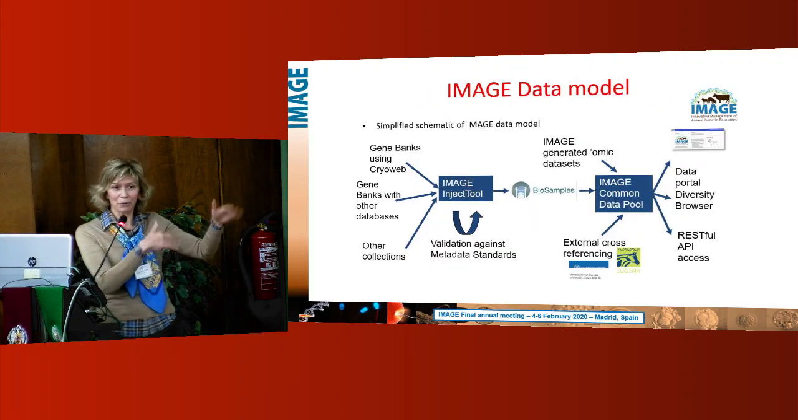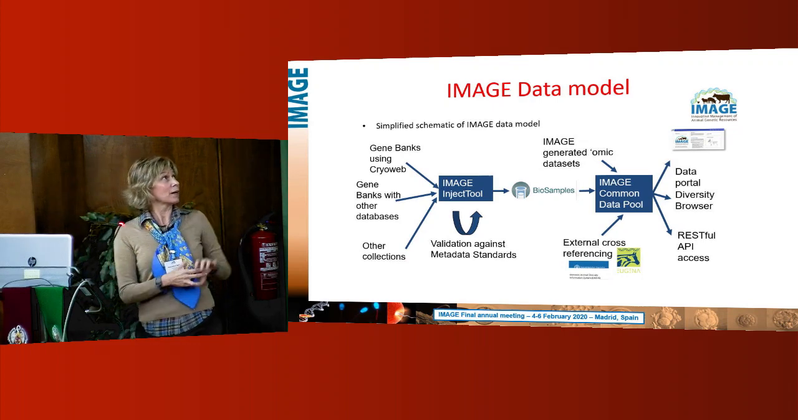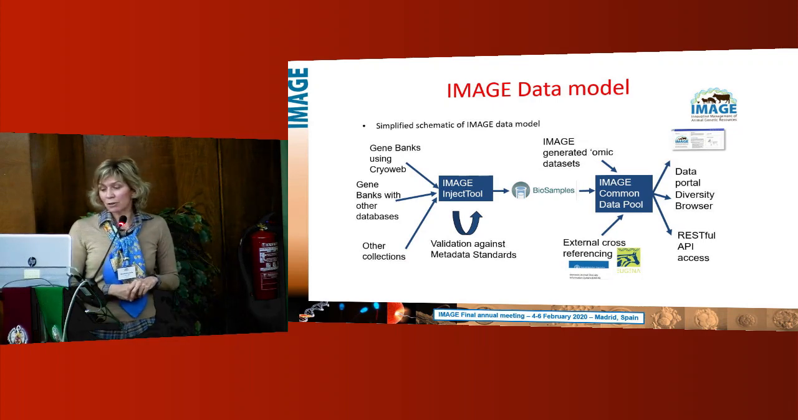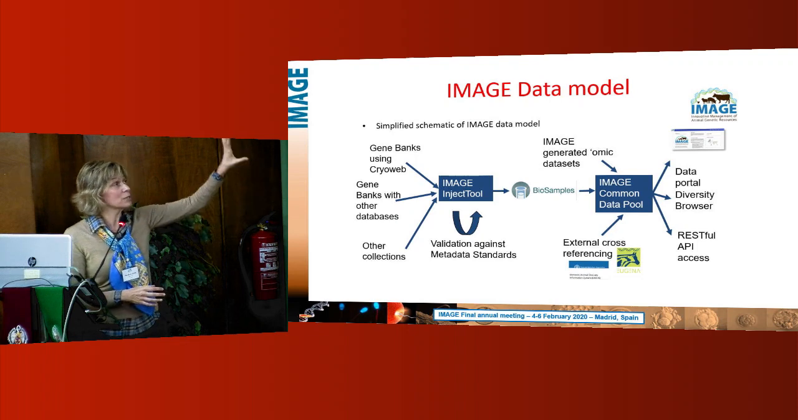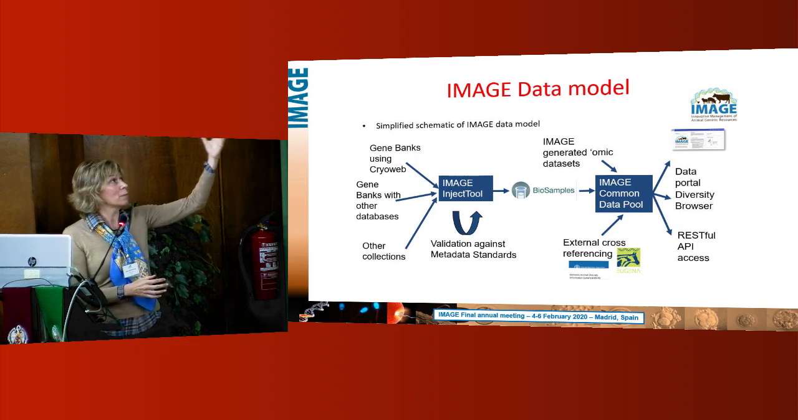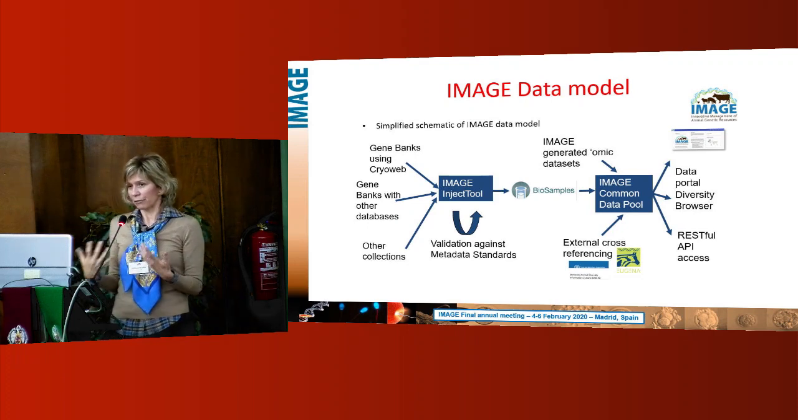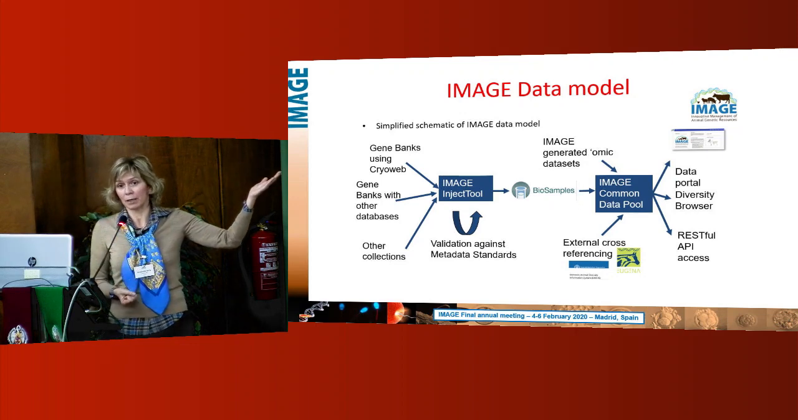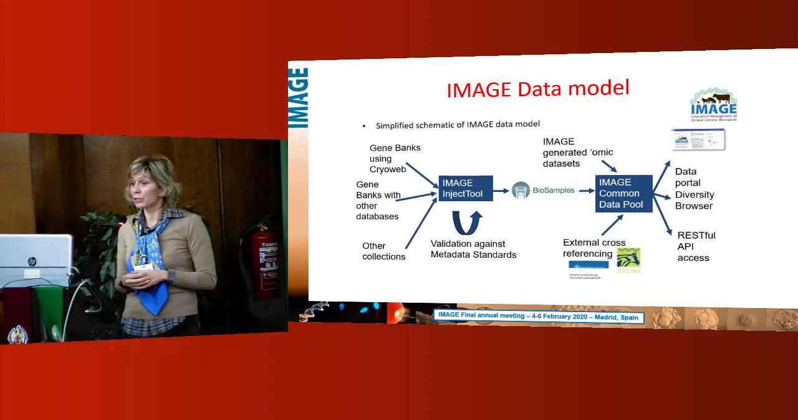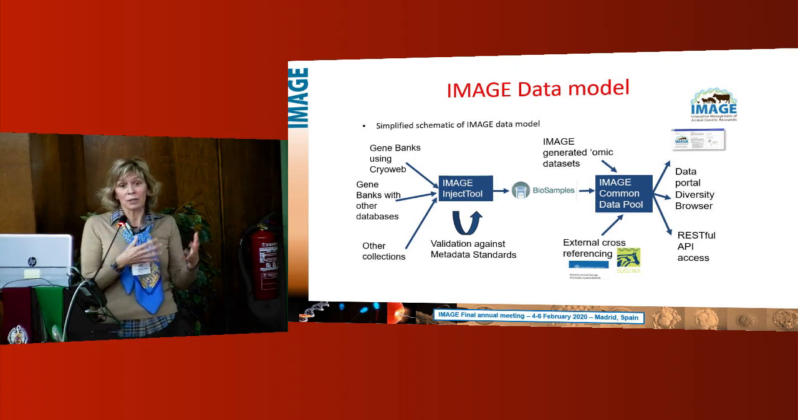And here, like I will repropose this picture a few times, is what we have as a general description, a simplified schematic data model for our Image portal. As you see, we have considered that data coming from gene banks were stored in a variety of different methods and formats. So from a good number of gene banks utilizing CryoWeb, which let's say consider the gold standard